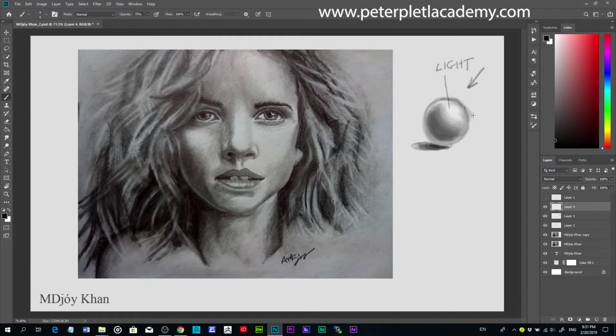This part here is named self color, or self value, okay. This is the shadow. I write on this part shadow,